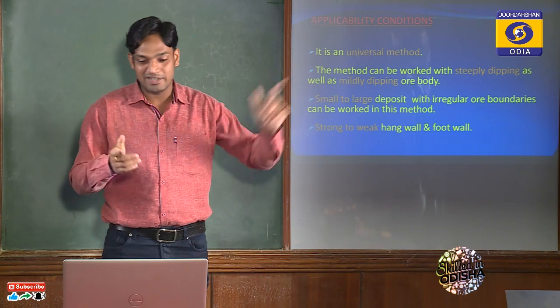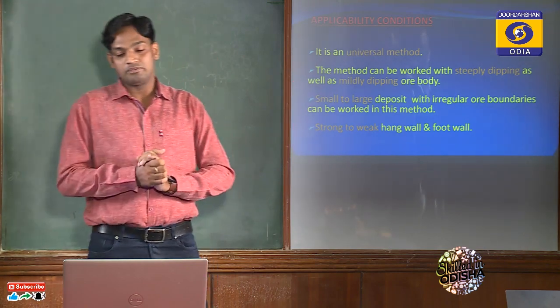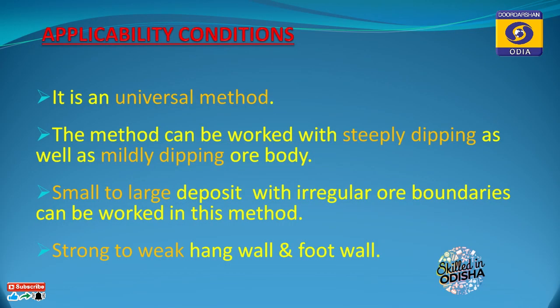This method can be worked with steeply dipping as well as mildly dipping ore body. We have actually two dipping ore bodies, either steeply dipping or mildly dipping. So that is why it is called a universal method. And coming to the third point, small to large deposits with irregular ore boundaries can be worked